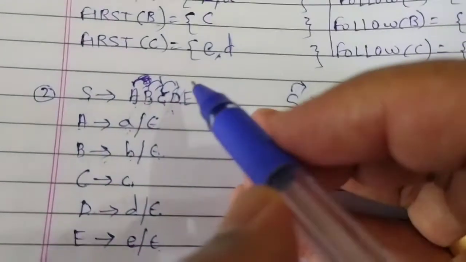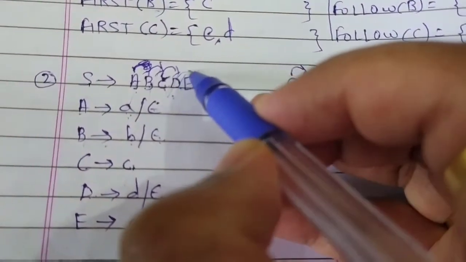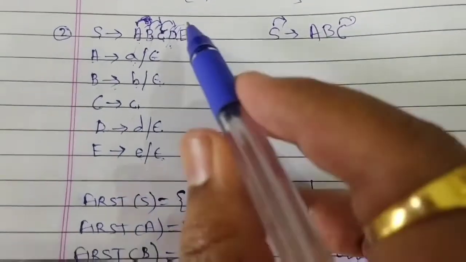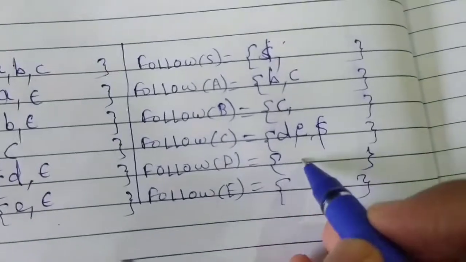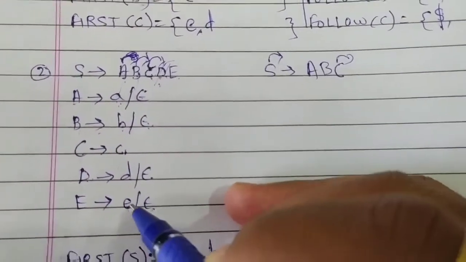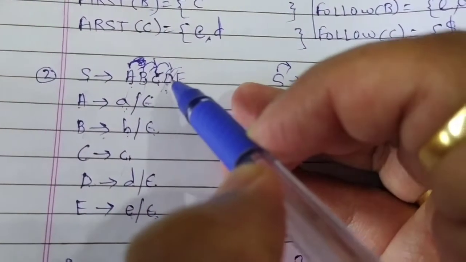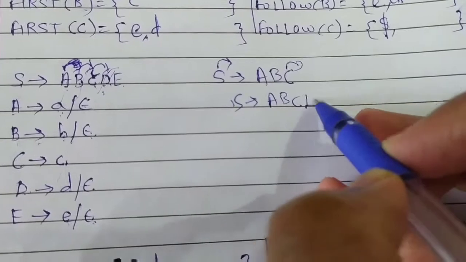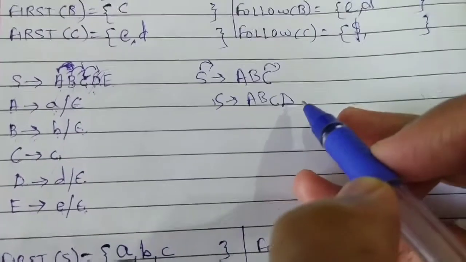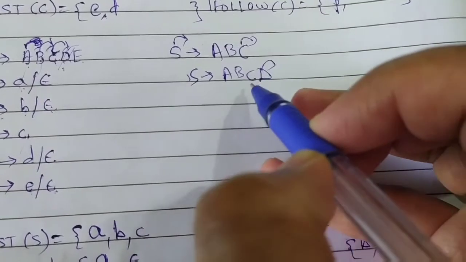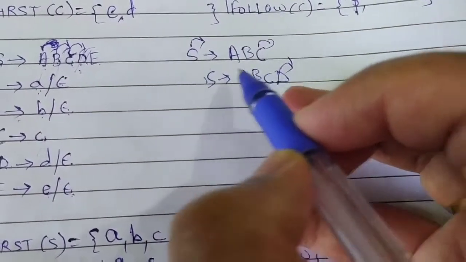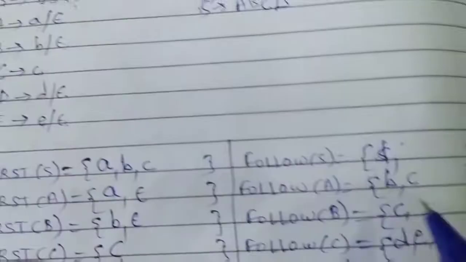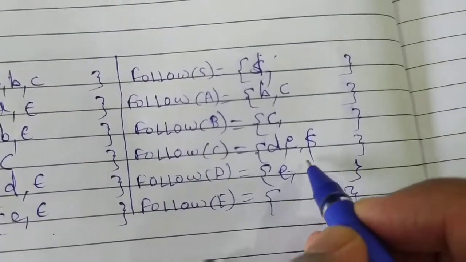Now we'll see for D. Who is following capital D? Capital E. But capital E means what? Small e and this. So who is following capital D? Small e. Now if you put epsilon here, is anything following capital D? Nothing. So it will become like this: S, A, B, C, D. E we have removed because we have put epsilon for capital E. Who is following capital D? Nothing. But this is generated from this. Who is following S? That will also follow capital D. So who is following capital S? Dollar. So it will become dollar.